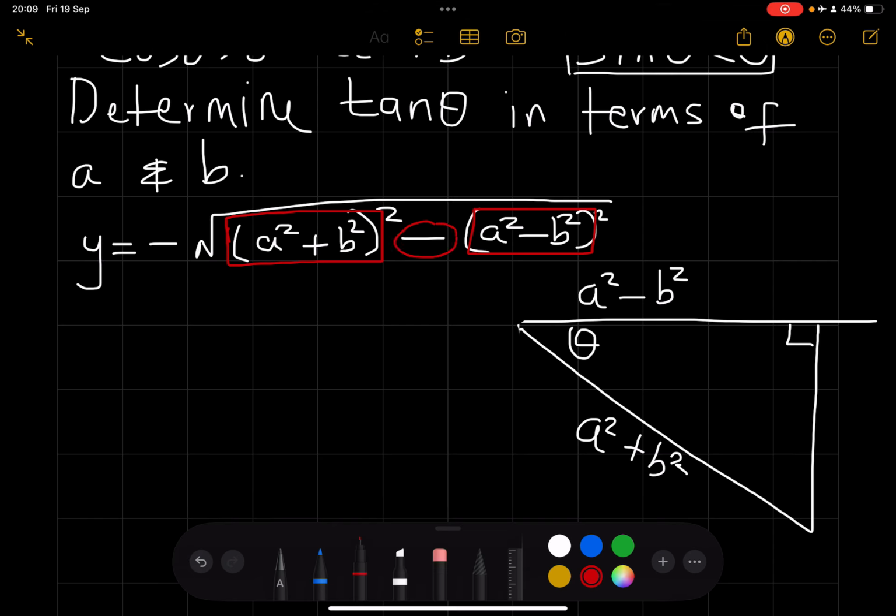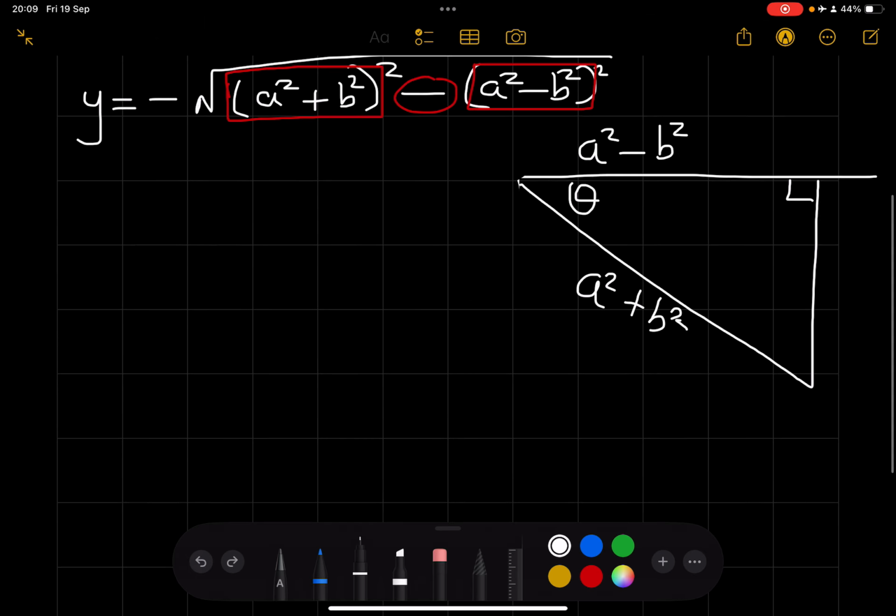But even if you say (a squared plus b squared) times (a squared plus b squared) and multiply, you will always end up yielding the same results that we're going to yield now. I choose not to multiply but to factorize. I'll need space, so let me work at the bottom. Here, y is equal to negative square root of,